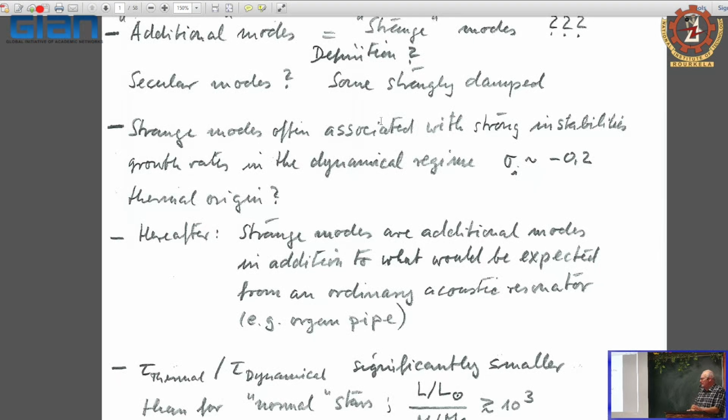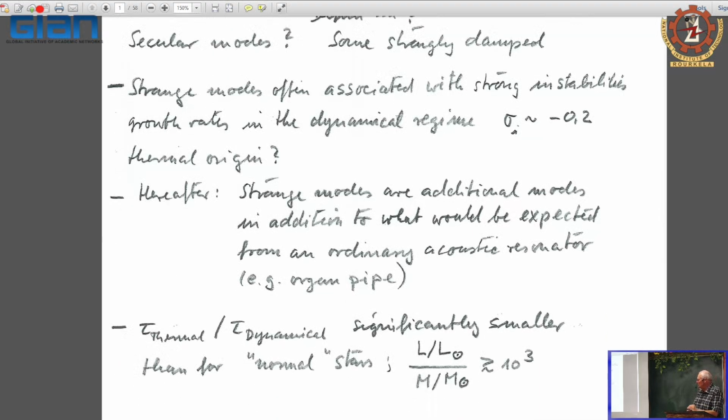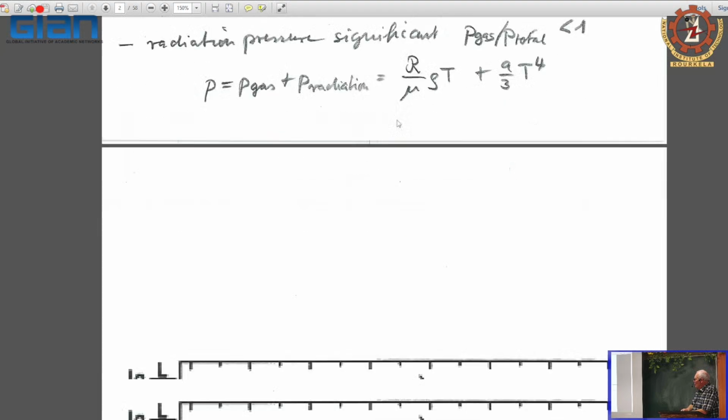What we observe once we compare these stars, these extreme helium stars, with normal stars, with what I would consider or denote a Cepheid, is that the ratio of thermal to dynamical timescale is significantly smaller than for normal stars. This is associated with the fact that the luminosity to mass ratio here is bigger than 10^3, and in some cases it's also already of the order of 10^4. So let's go to the run of the